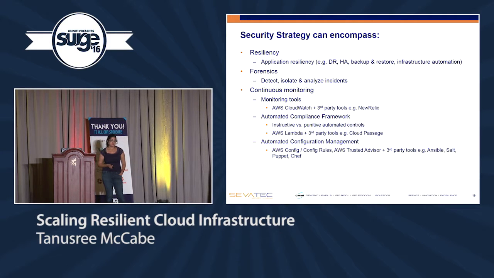Okay, continuing on with security strategies, you think about infrastructure as code. Forensics is an interesting one. Depending on your organization, you may have different forensic strategies also. But the common requirement with forensics is that they have to have a way to detect, isolate, and analyze incidents. So for example, if something goes wrong on a server, they have to have a way for their forensics tools to get to that server, quarantine it, and do their analysis. So from an infrastructure perspective, that basically means quarantine the network, put a firewall around it, a security group, and only allow the security forensic tool to access it.